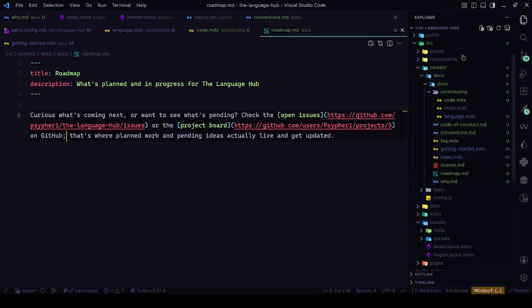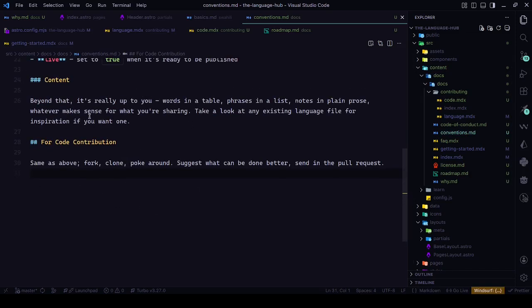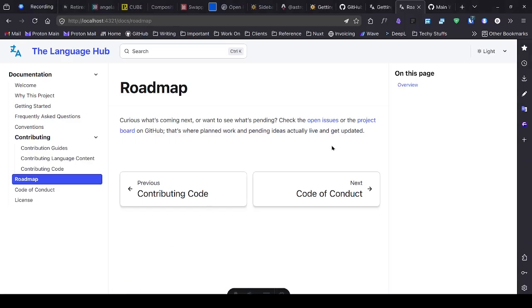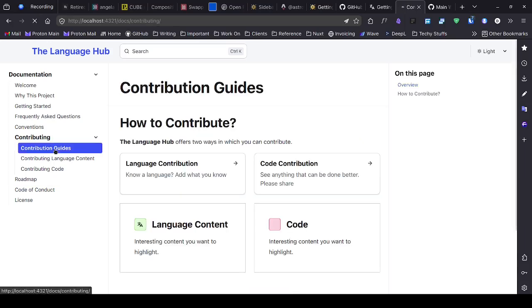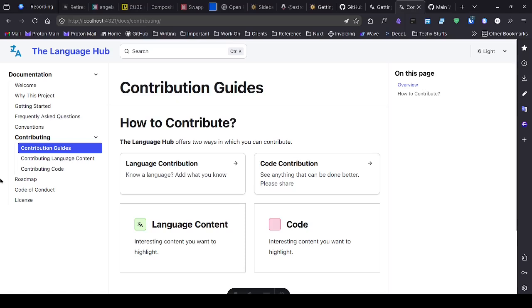I just want to update. What else do I need to update? The conventions, maybe some stuff in conventions. Anything? Yeah. Most of this is fine. I think for now this is a good stopping point, while we then work on doing more on Comrade. Okay, contribute. That's much better. That's better order, and generally I like it.